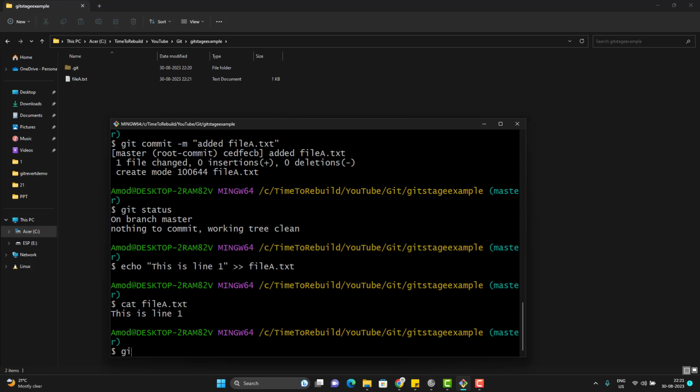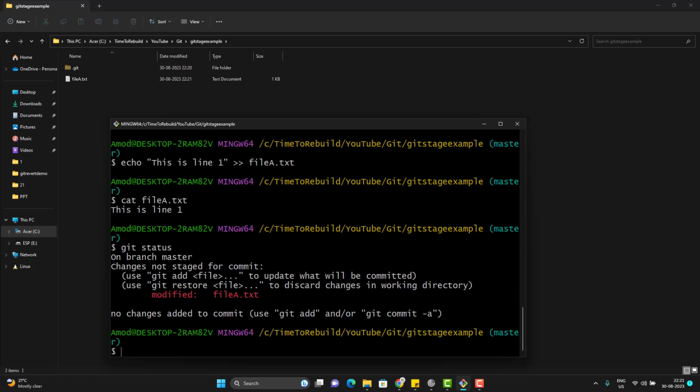And if I run git status, what do you think the status is? It is saying that we have a modified file a.txt, and here you should also see "changes not staged for commit." That means it is back to stage 1. So we need to stage it again. What do we need to stage? The changes. So I need to use the git add command again, or if you want to restore, then you can use the git restore command. That time it will not show that the file has been modified, as it is already committed.